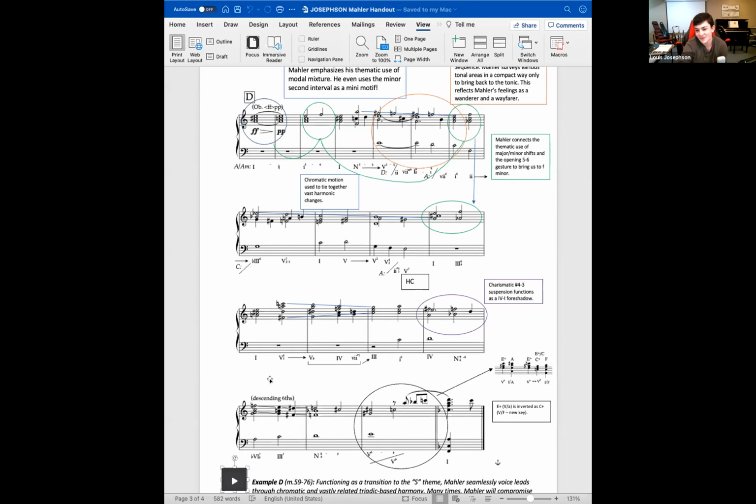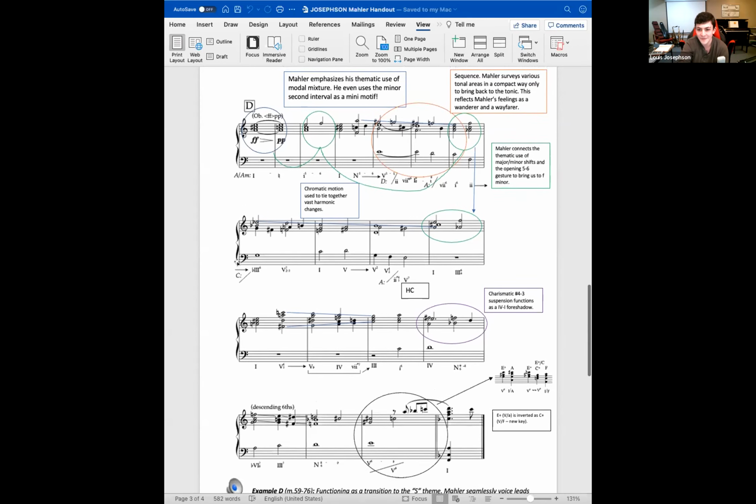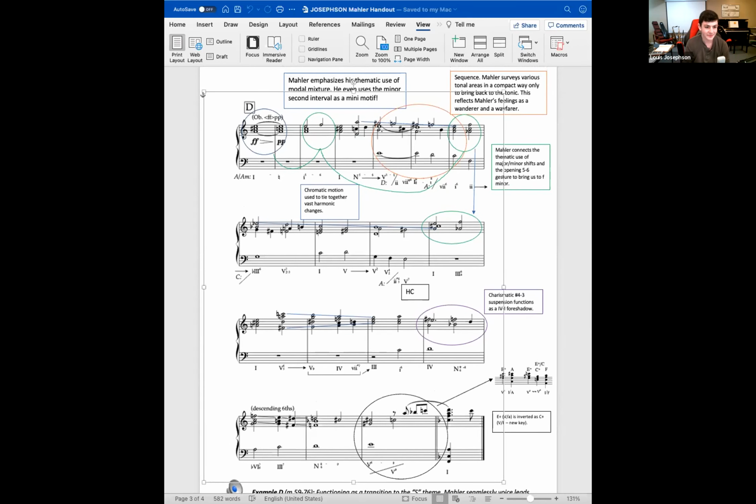Yeah, so pretty good stuff, I might say. So what's happening here, first of all, Mahler uses major and minor in a very thematic way, which of course sounds not so deep. But as it continues, he ties it into these other elements